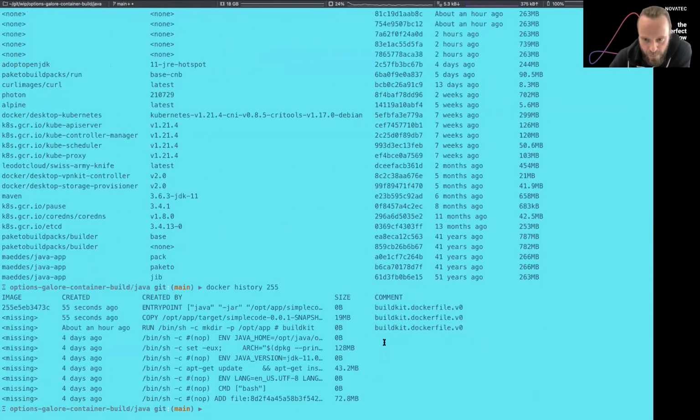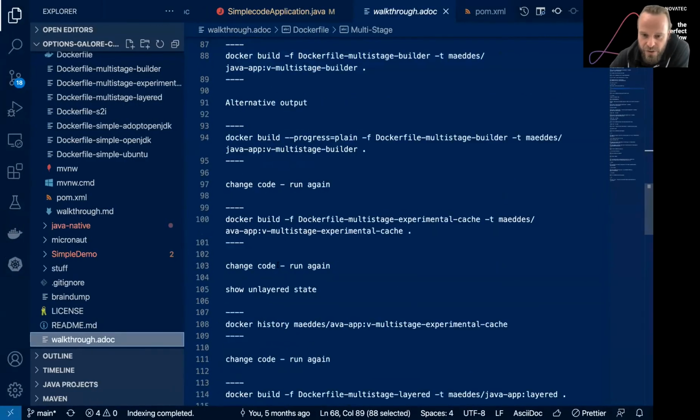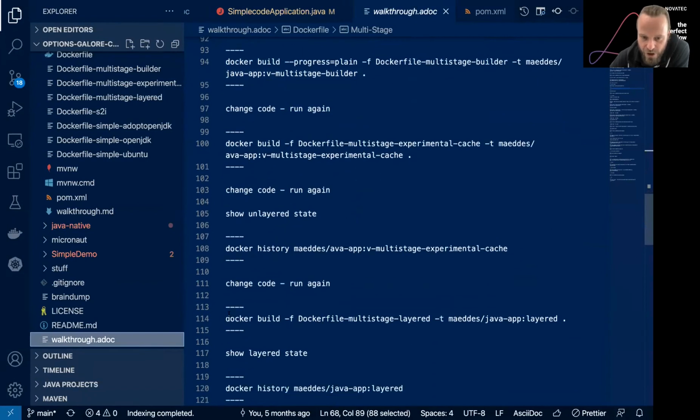You see by the 3 layers that we added with the build kit, but it's still the case that we just simply copy the jar file over. So we didn't optimize here in that aspect. If we want to do this, we need to use that layer jar.